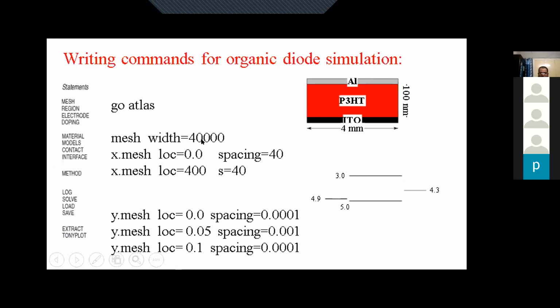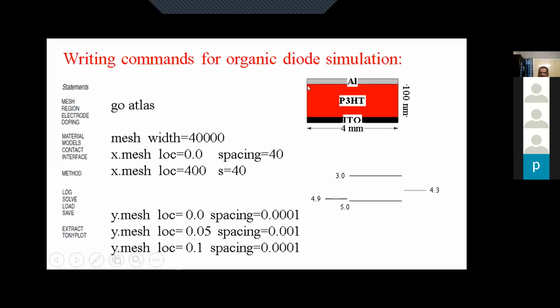So width was also 4000 micron or 4 mm, but I have made it 40 mm. So the X dimension is from 0 to 400 micron. But I have also defined spacing between all of those. So I am trying to define the grid or mesh. Why? Because it will help in giving the solution. So I have to make small or fine meshes. For that, I have defined spacing also.